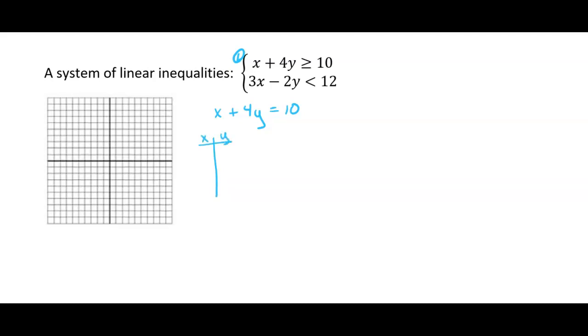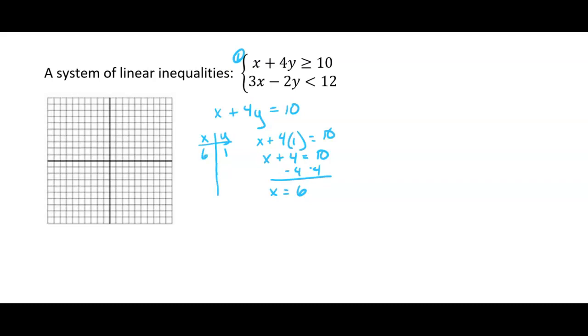X and y. So maybe I want to pick 1 for y and 5 for x. Now, you might say, well, how are you getting that? So I just kind of eyeballed it, really, to be honest. But if I put in a 1, oh, I did it wrong too, didn't I? Dang it. Okay, if I put in 1, I'm not going to get 5, I'm going to get 6. So you subtract 4, and you get x equals 6. Okay, so let me fix that mistake. I'll make mistakes. Oops, that's my eraser. Okay, so we'll try again.